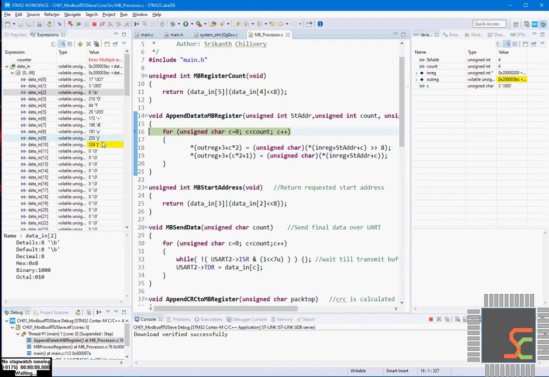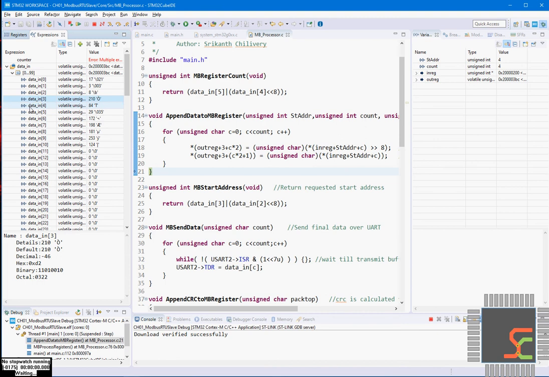So this shows that after the data in 2, data in 3 and 4 corresponds to the first address value, meaning the fourth address value. 5 and 6 corresponds to the fifth address value. 6 and 7 corresponds to the sixth address value. Ninth and 10 corresponds to the seventh address value. So till now we have accommodated data from index number 0 to index number 10 of the data in